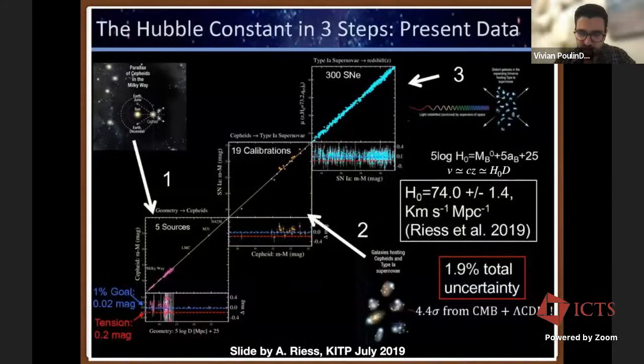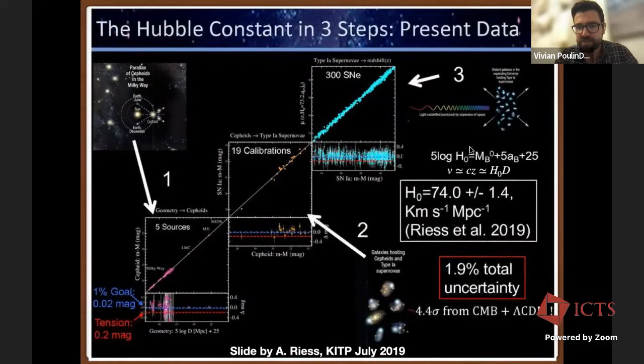And this slide is already a bit outdated, but it summarizes essentially the procedure that the SH0ES team uses to measure the Hubble parameter. The bottom line is really that they're trying to use the good old v, the recession velocity of an object far from us, equal to the Hubble parameter times the distance, modified first because of peculiar velocities, and also because at high redshift there may be an additional term contributing just from cosmology. But in a sense, that's really the typical relation that they use.